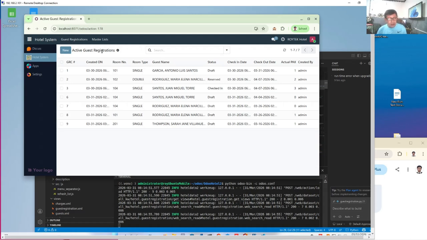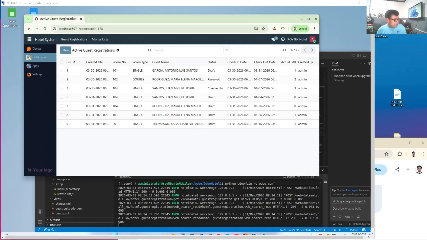Remember, we have distinguished between a window action and an object action. An object action calls a Python function. A window action opens a form, whether a form or a list view. So in this case, we are going to create the refresh button by creating a Python object action that will create a window action that will refresh this screen. It sounds a little complicated, but the actual code is actually simple.